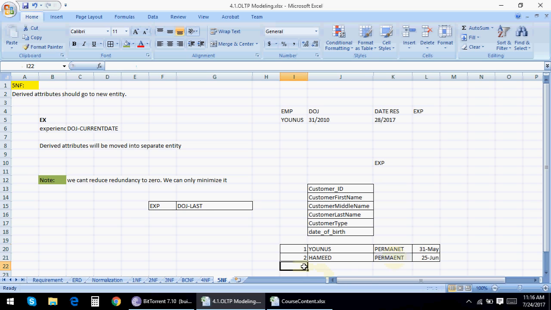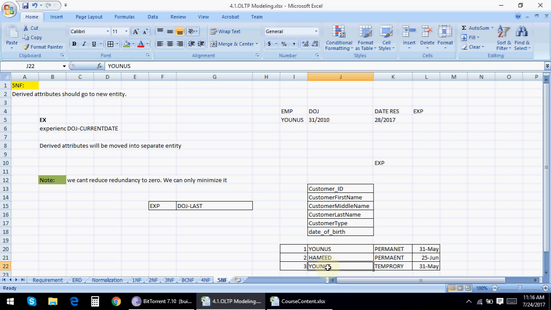There can be one more user, Yunus, temporary, 31st May. So there is a Yunus here and there is a Yunus here as well. Both are uniquely identifiable and both are different records, but still there is data redundancy. So what we are doing is actually reducing redundancy.